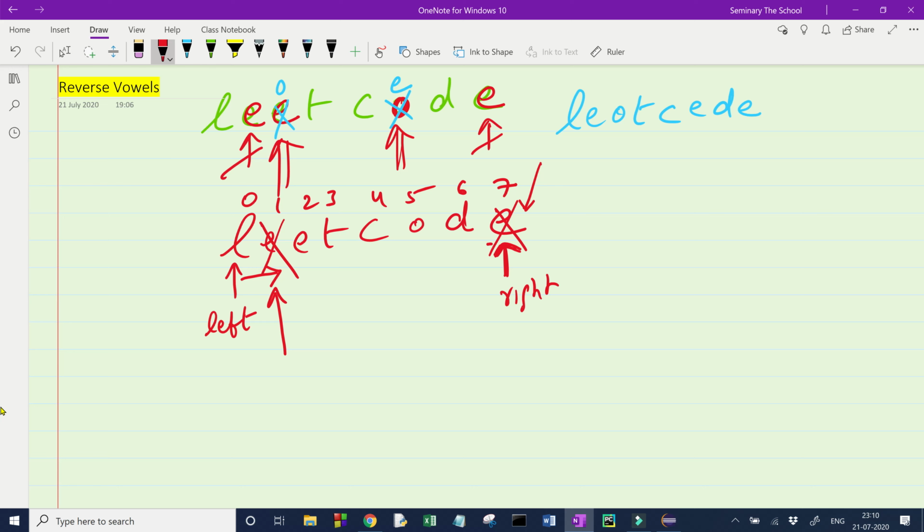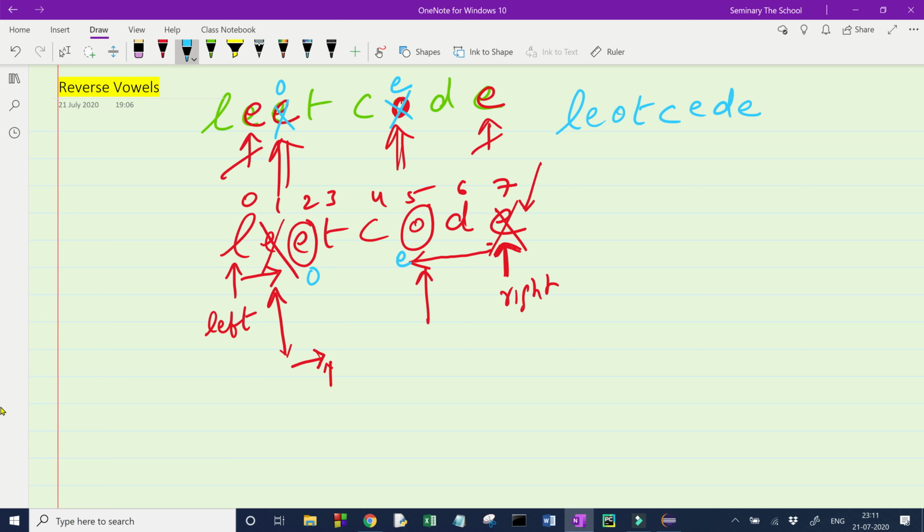Next, from where we had left in the left part of the string, we will continue our loop from there. Again, we will keep continuing till we reach the next vowel. We have reached the second vowel, we will stop here. Now we will start the loop where we had left in the right side of the string. We go towards the left till we reach a vowel. We have got our vowel. We will stop here, and swap E and O. So I will get O here, and E here.